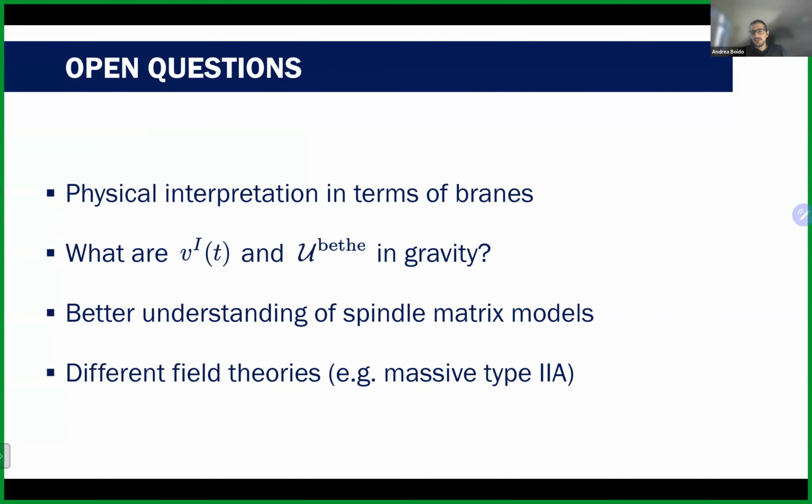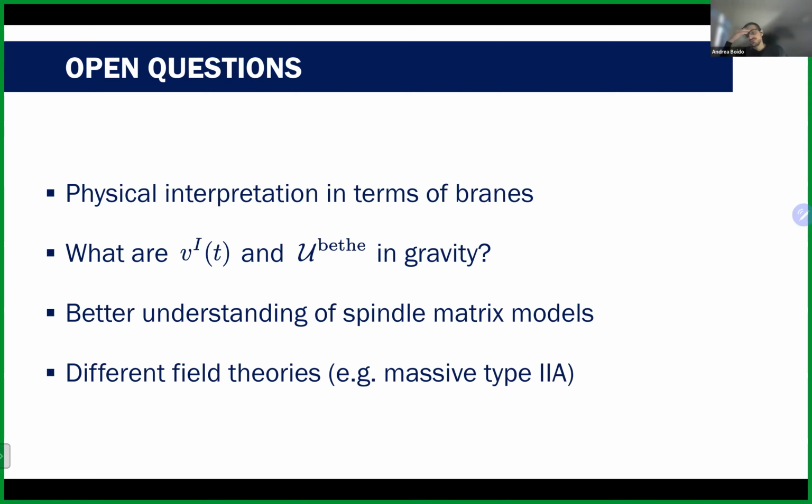All right, let me conclude with some open questions that I think this project has raised. First of all, what I told you is neat and it works. It's very geometrical in a sense. So we don't have a physical interpretation of what we are doing in terms of branes of some kind. We thought about that a little bit, whether there were some branes that could wrap these k tau that I introduced before, but at the moment it's still not clear what's going on.